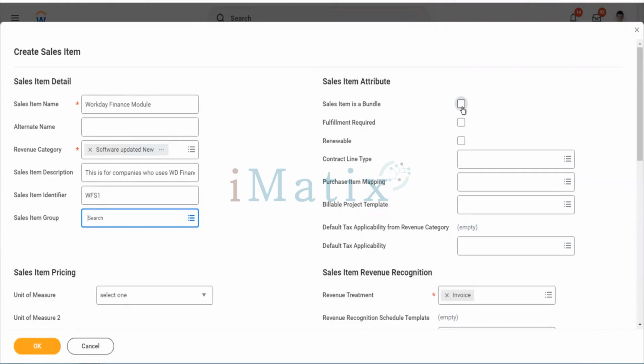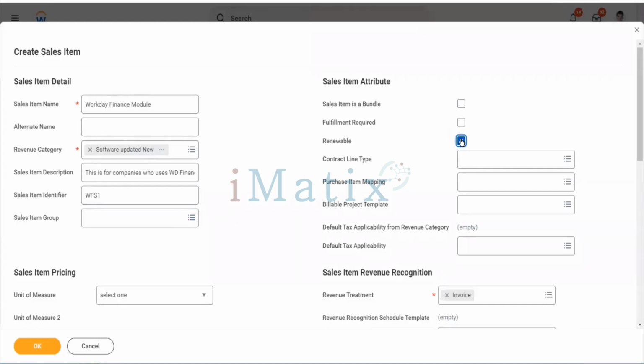If it's part of a bundle, that's why it says if this sales item is a bundle, it is not fulfillment required. I'll show you when we start the customer contract tomorrow. Renewable: suppose this sales item was supposed to be there for 1 year only.